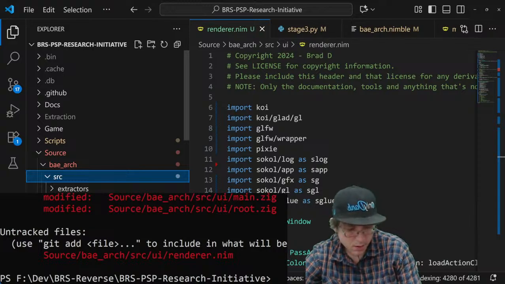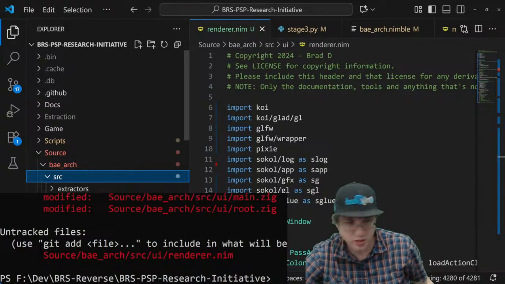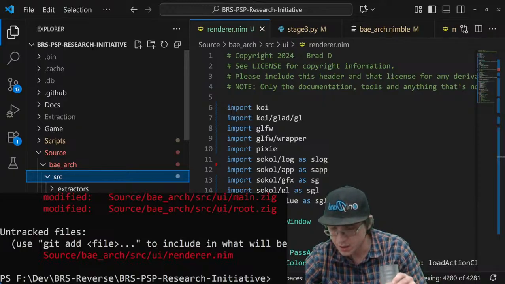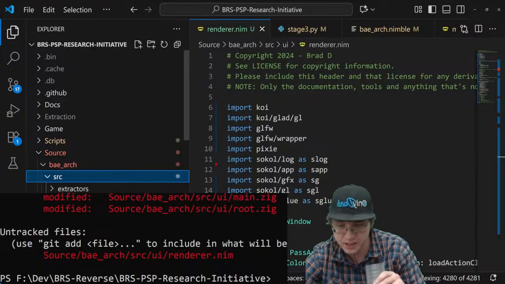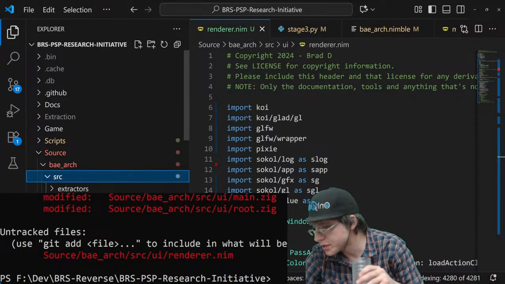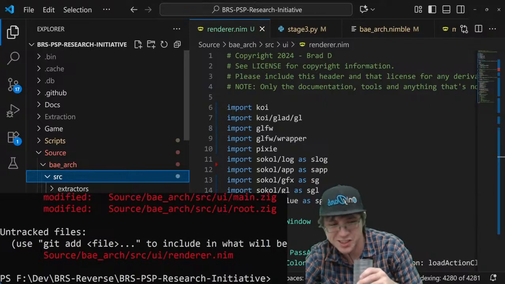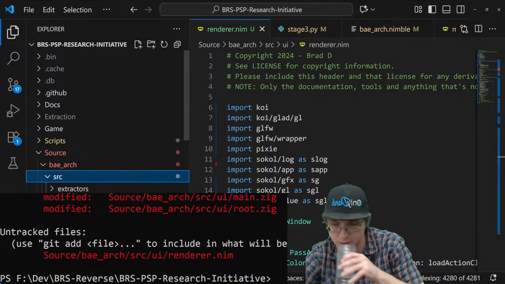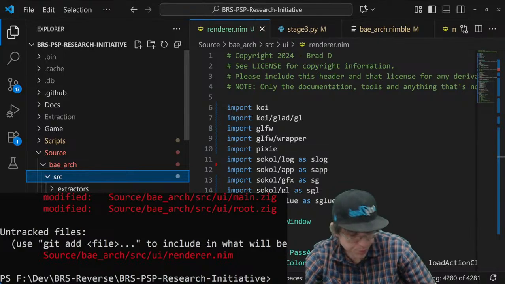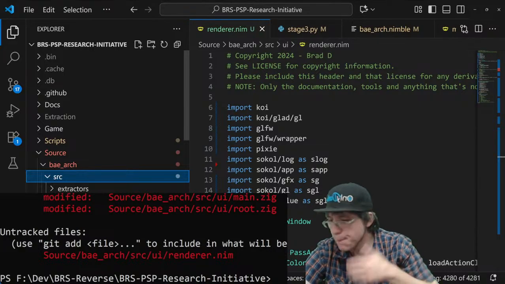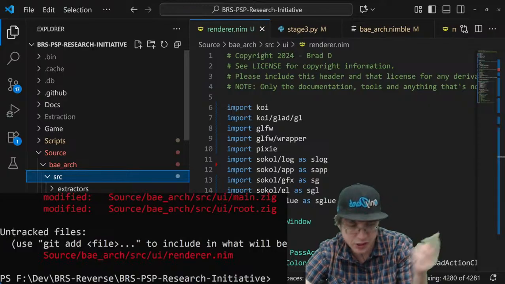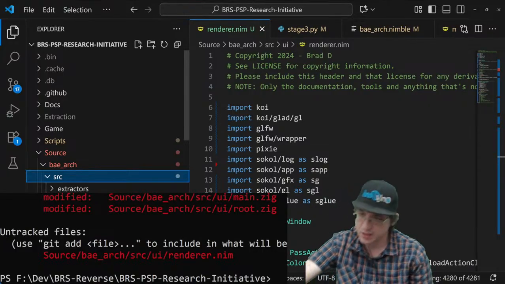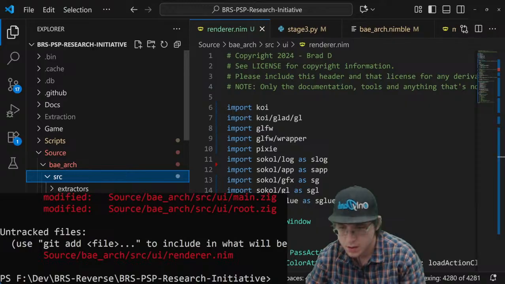So the reason I'm using Nim is mostly because I like the syntax, and for extraction purposes, it is amazing. It's also heavily used in malware and reverse engineering projects. It's heavily used in making malware is what I'm trying to say. Malware is something that interests me. Not making malware, but reverse engineering it and figuring out what it does. That's something that heavily interests me.